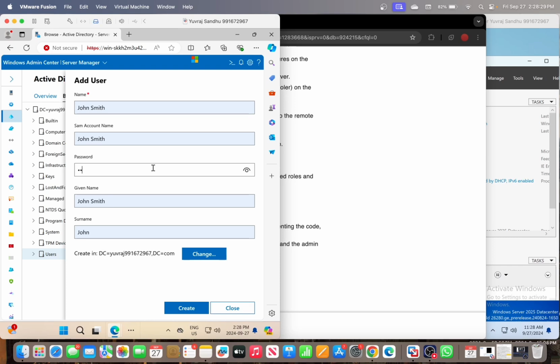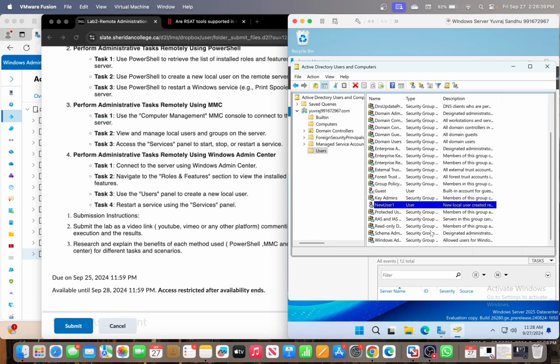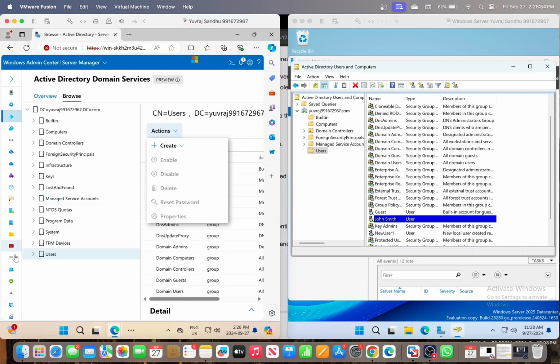Password. So I successfully created this one, and then refresh. So the username JawSmith is created here. And then if we want to restart a service using the services panel,